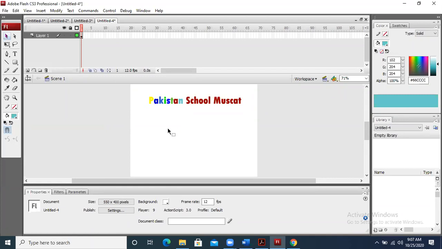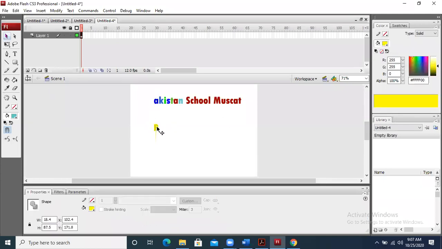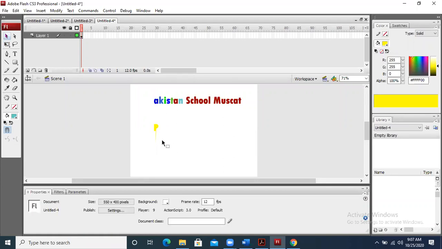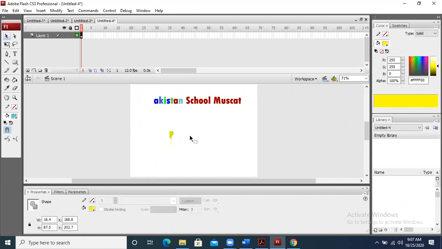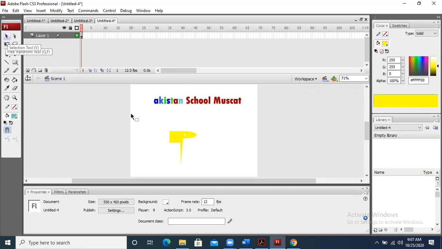These are separate options, simple separate graphics. These are basic drawings, not text. It has been applied break apart two times, so this is not a text now. And you can bring the P over here by selecting it. You can change its position. You can bring it here. If you want to make a change in it, you can apply some different options to it.